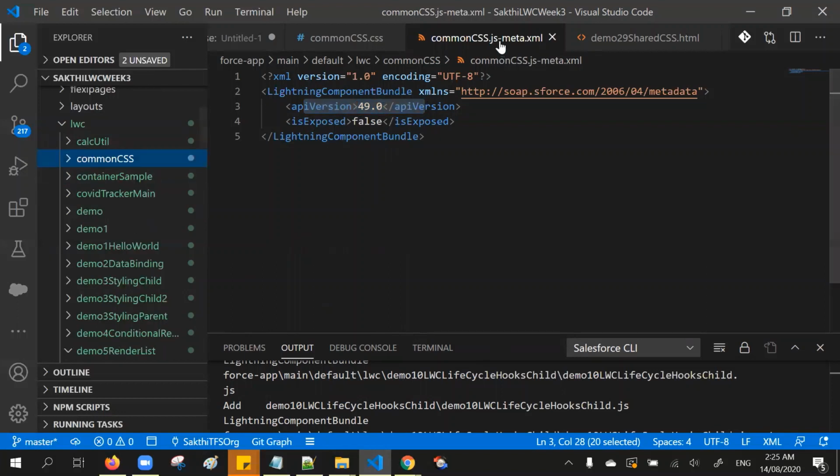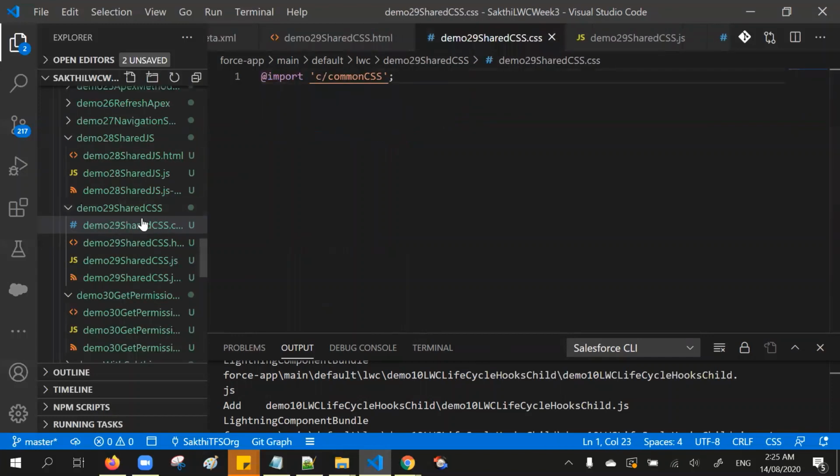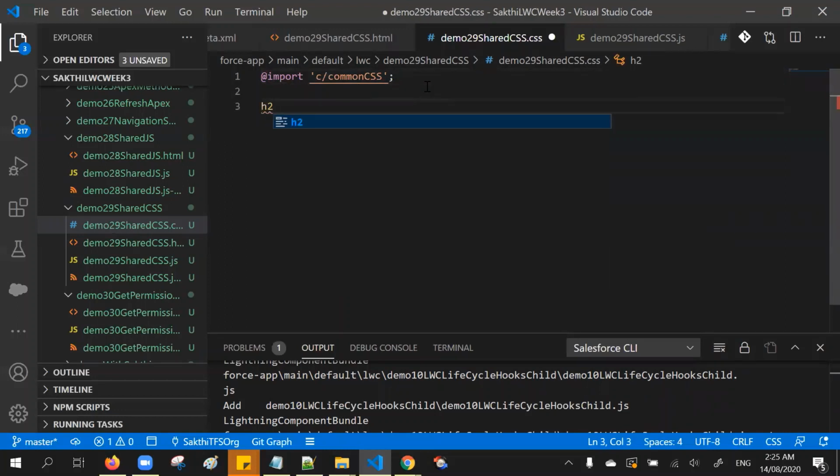And then from the parent component, in the CSS file, we need to import the CSS only module. If you have multiple CSS only modules, you can import multiple files as well. And along with that, you can define your individual CSS also.